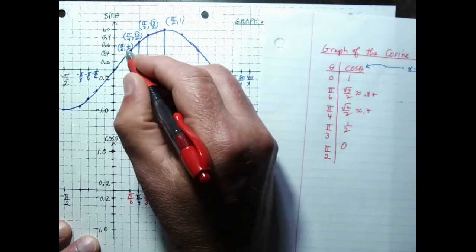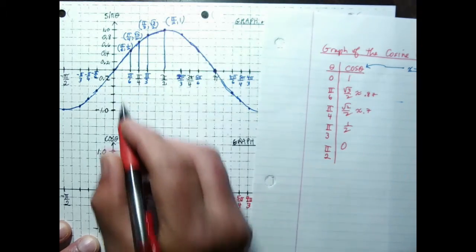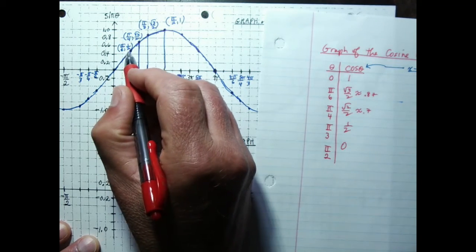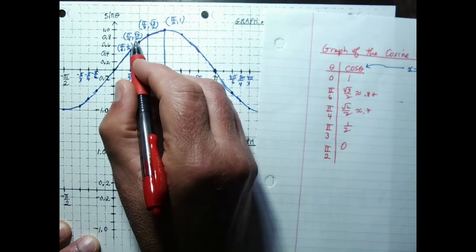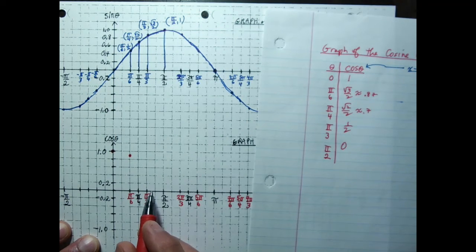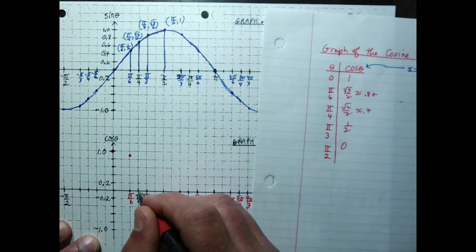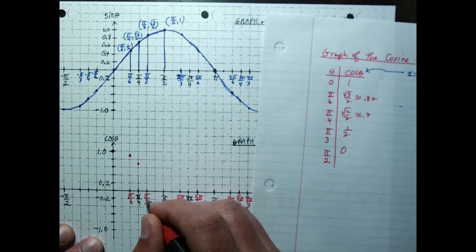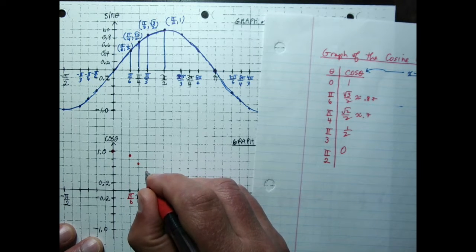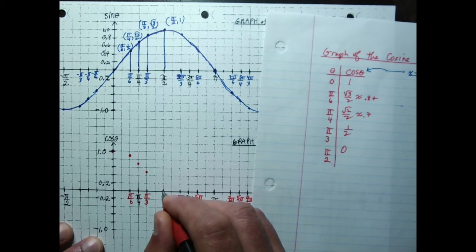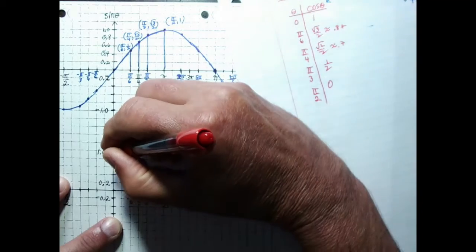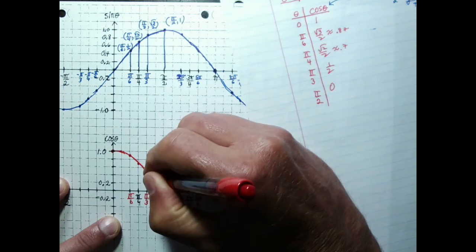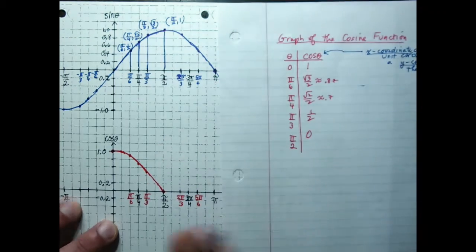Also, notice I wrote in a few of the actual coordinates assigned points because we were plotting without labeling them. And even though I'm using these decimal approximations, the exact values are given by these fractions and square roots. Pi over 4, it's 0.7, about there. Pi over 3, the cosine of pi over 3 is exactly a half. And at pi over 2, cosine is 0. So I'm coming down from 1 unit up on the vertical axis and coming down toward the horizontal axis intercept